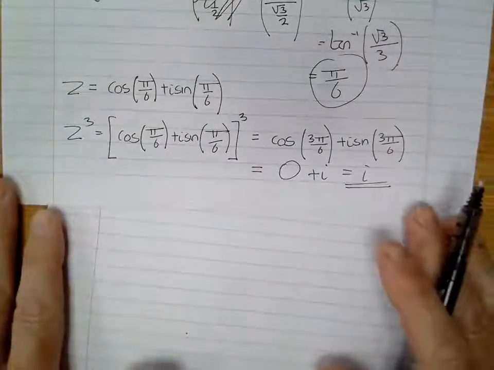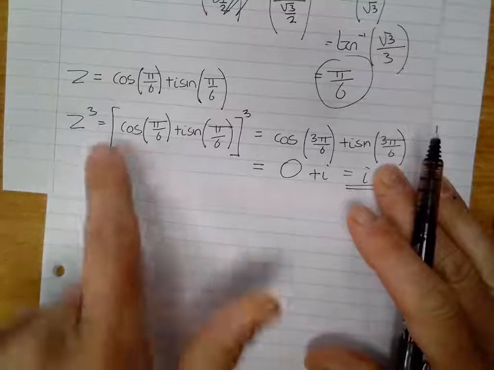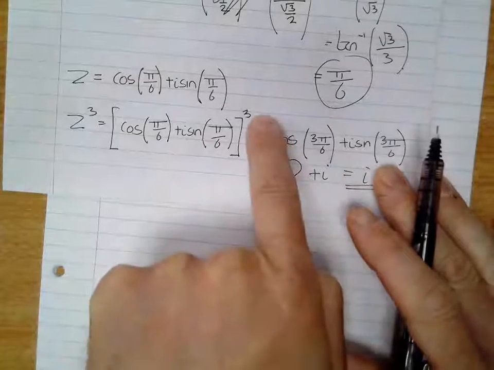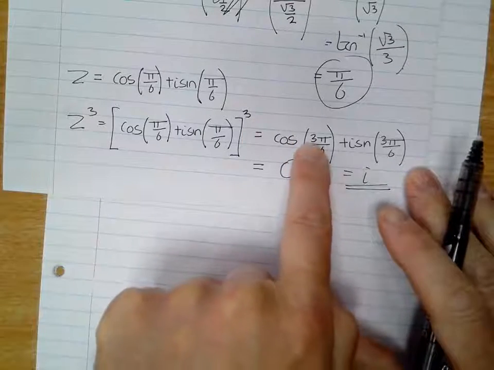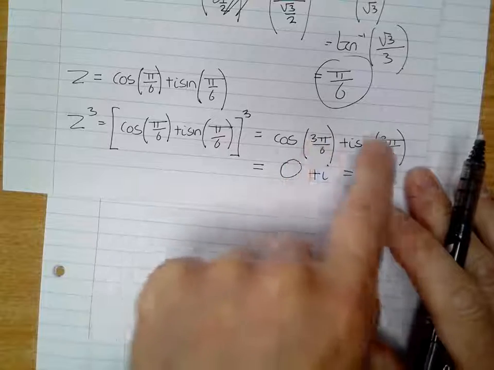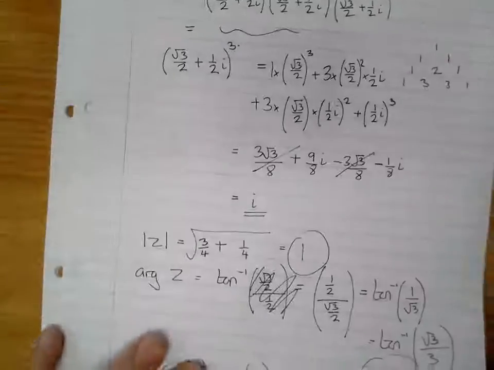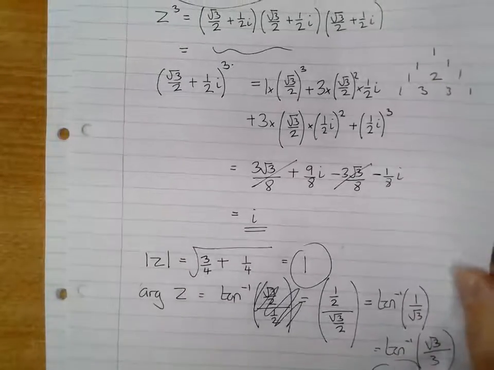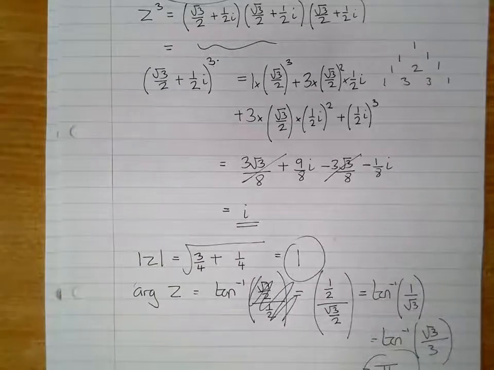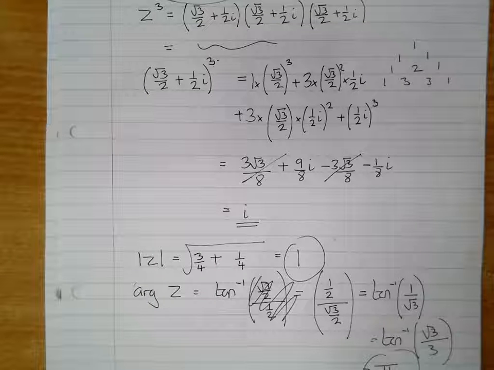But if I'd done it De Moivre's way, all that would have changed is that would have become a 10 there, and I would just have had to replace these 3s with 10s here, and the answer would have popped out in no time. How's about that? So De Moivre's theorem is really useful for finding powers of complex numbers. And like I say, we're going to discover that it does work for